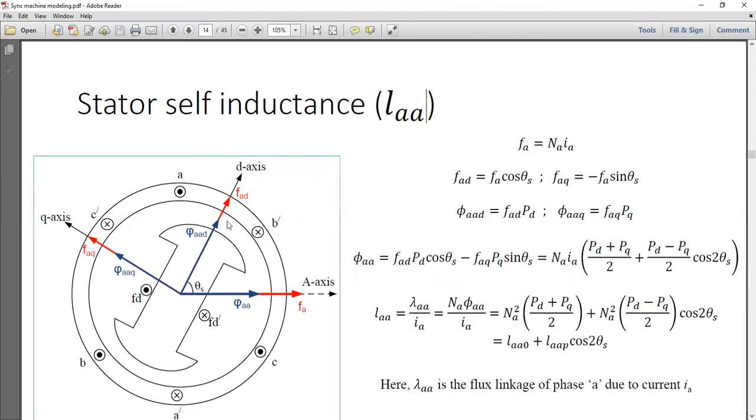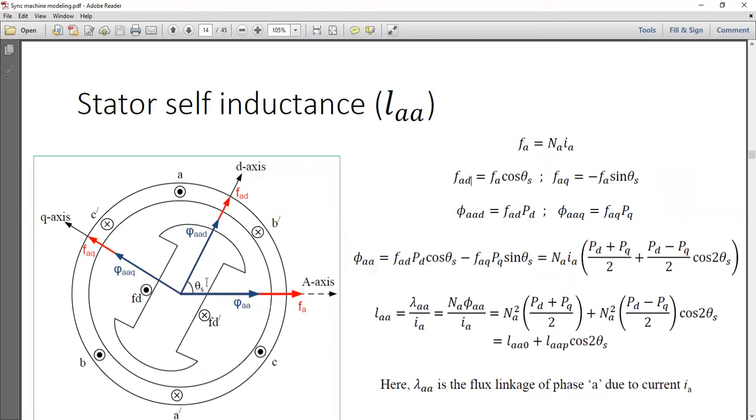So this is any position of the rotor, okay? Any certain instance where, let's say, the rotor is at position theta s. Don't get confused. Theta s is nothing but representing that the theta is measured with respect to some stationary frame. That is the same as theta m that we used earlier. So theta s and theta m are the same. S here represents the angle measured with respect to some stationary frame, not a rotating frame.